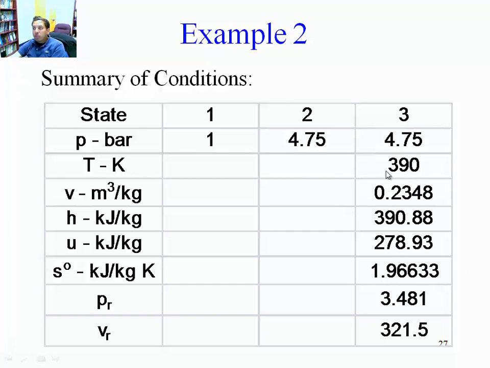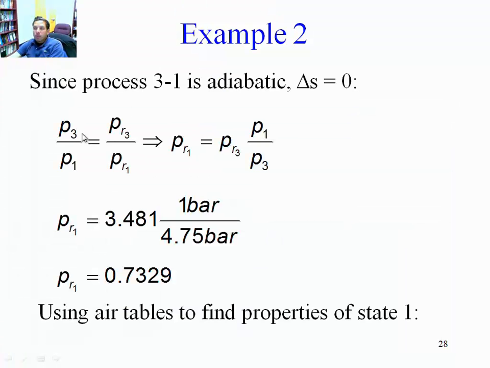So in the process where entropy doesn't change, remember, we can either use this relationship of P1 over P3 is equal to PR1 over PR3. That only applies to isentropic processes. Or we can use the equation that says delta S is equal to S01 minus S03, minus R times the log of P1 divided by P3. Make that delta S equal 0 and then solve for S0. We could do that as well. We could potentially solve for S0 directly and then go back to the tables and calculate the rest of the things. So, let's use this methodology.